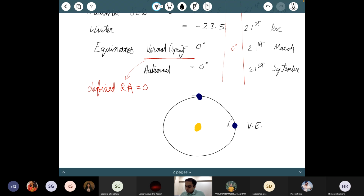The Earth rotates like this and revolves like this. So this is the direction of motion of Earth. As seen from Earth, the way we have defined the coordinates, ironically, right ascension increases to the left. Suppose today is the vernal equinox, and I have the Earth here. So this direction in the sky